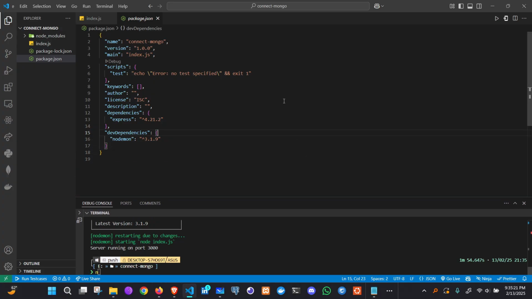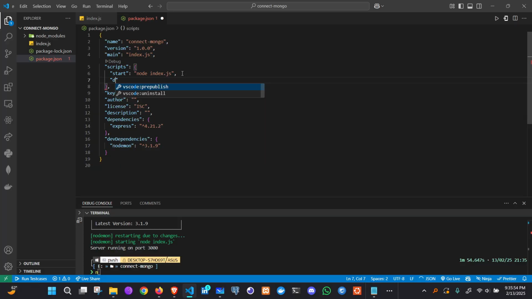You can remove this. So we'll write two scripts. For starting our server, we say node index.js. So in the production environment, we can start our server using this start,